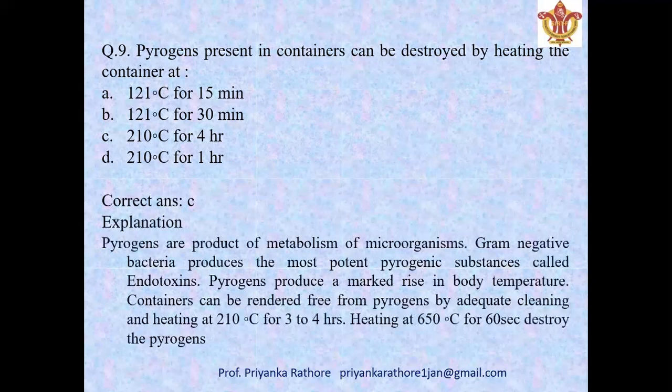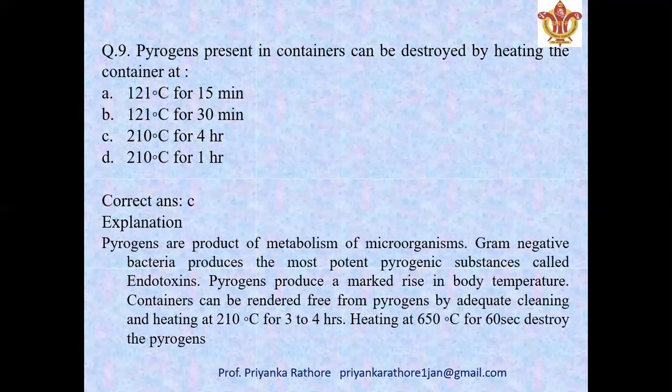So first thing, what are pyrogens? Pyrogens are the product of metabolism of microorganisms. Basically, जो gram negative bacteria produce the most potent pyrogenic substance which is called endotoxin. Pyrogens increase the body temperature in human body. अगर इनको inject कर दिया जाए तो within 1 hour they can increase the body temperature in human body. So that's why जो हम फीवर के लिए मेडिसिन यूज करते हैं उनको हम एंटीपायरेटिक बोलते हैं, क्योंकि पायरोजेंस आर द फीवर प्रोड्यूसिंग